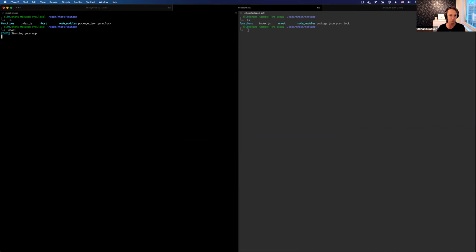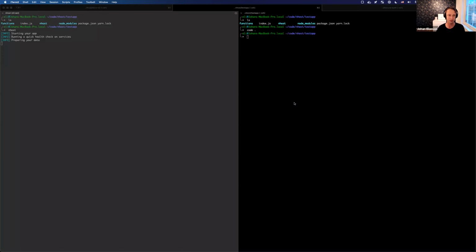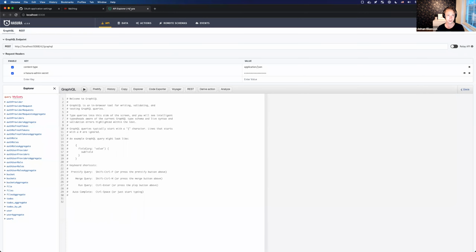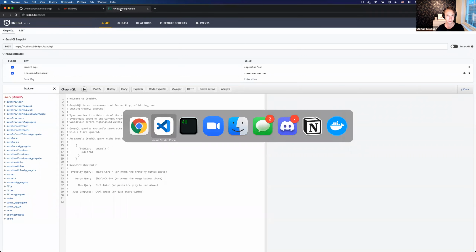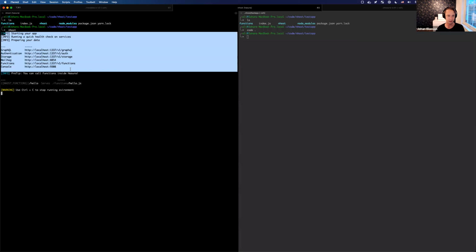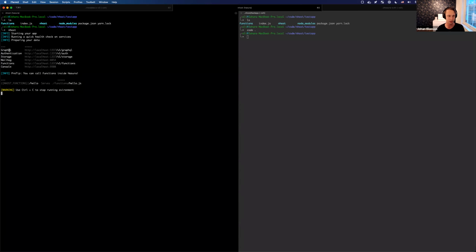I'm going to start a local Nhost backend, and I'm going to open up. There we have Hasura and Mailhog running locally. This is what we talked about last time, but we have GraphQL, authentication, storage, and functions, everything running locally now.